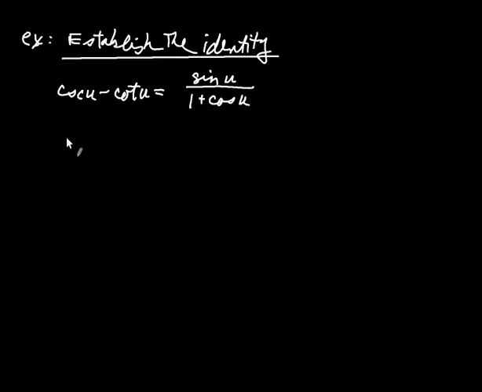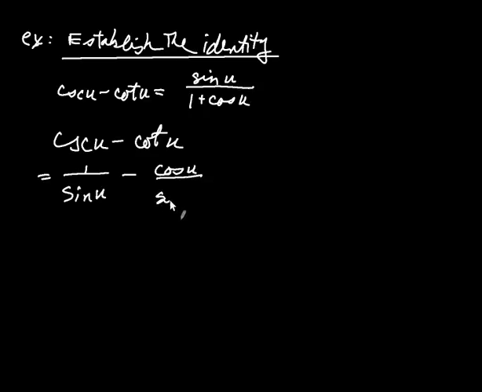So I'm going to take this left-hand side and start by simplifying that. So I've got cosecant u take away cotangent u. Okay? And what I want to do is simplify this and show that I get the right-hand side. Well, cosecant u is, we know, 1 over sine u. And cotangent u is cosine u over sine u. And now I can see that these have the same denominator, sine u. So I'm going to write this as 1 take away cosine u over that common denominator,